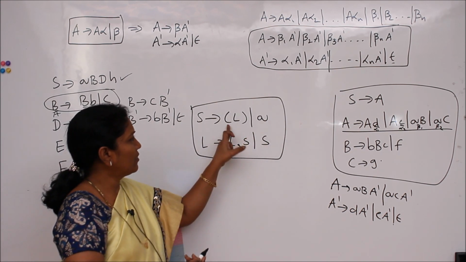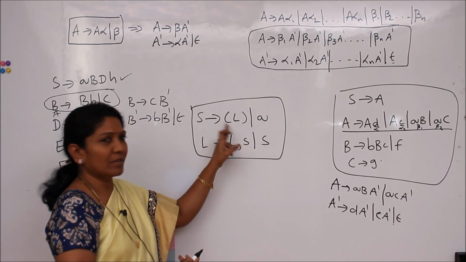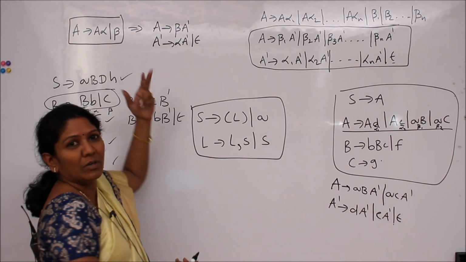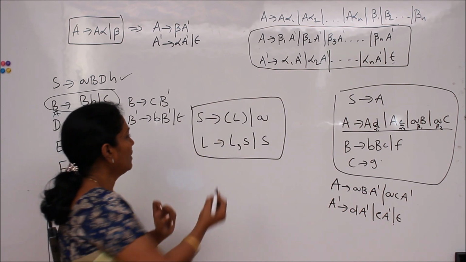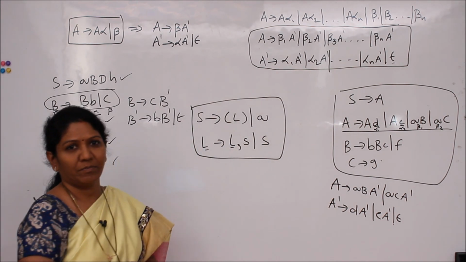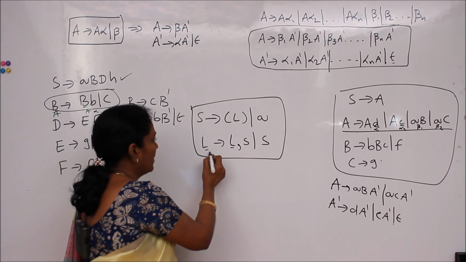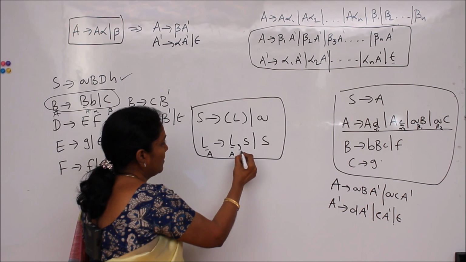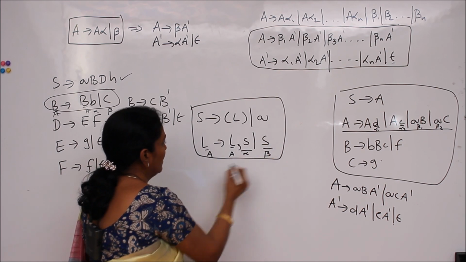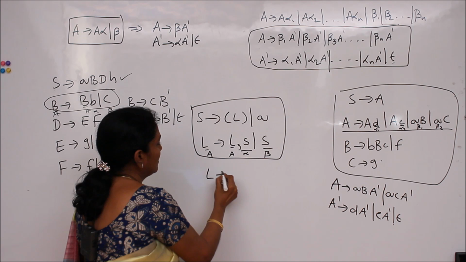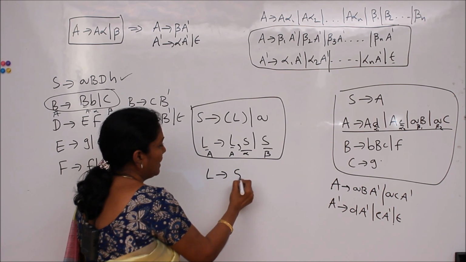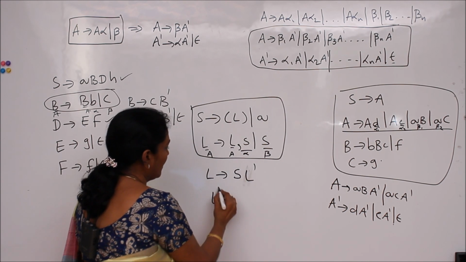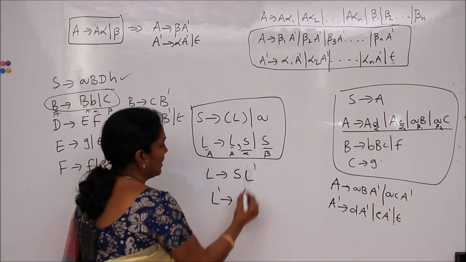In the first rule, there is no left recursion. These two are not the same. Whenever you have A to A only, the same non-terminals, then only there is a left recursion. So there is no danger here, whereas here there is a left recursion. So what is the rule? Once again, visualize this as A to A alpha | beta. This is your alpha and this is your beta. So rewrite L as L to beta L' and L' to alpha,